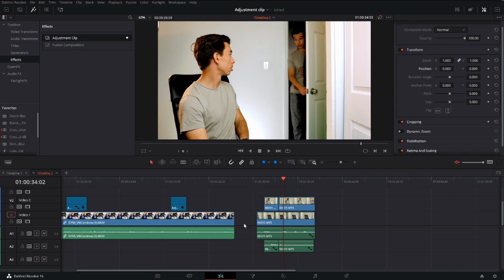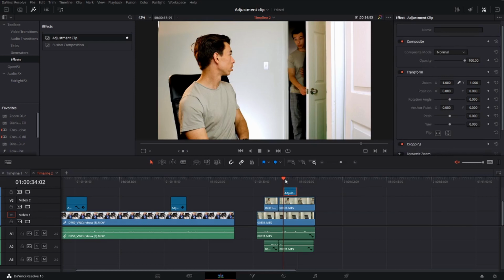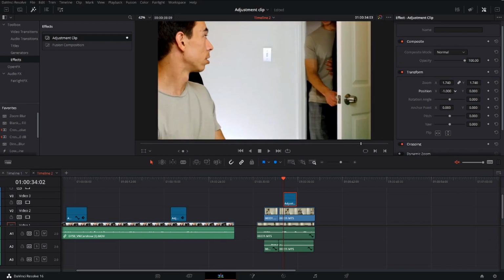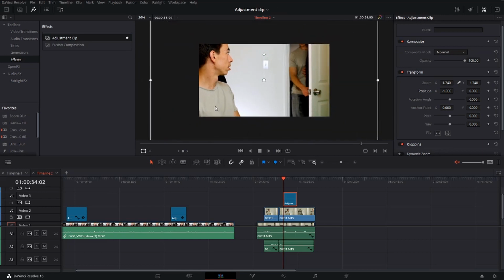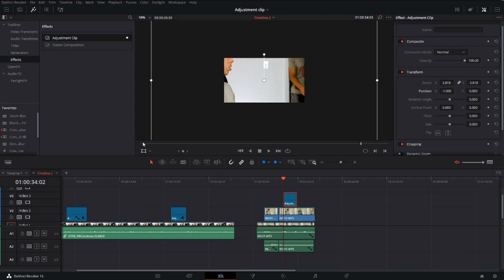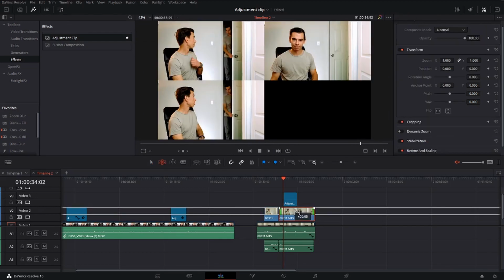I am going to get another adjustment clip, bring it out here, shorten it up because I only want a little bit of it, and now I'm going to do all my adjustments, making sure that the adjustment clip is highlighted, and I'm going to zoom in. Whoop. Oh, no, that's not what I want. Zoom in, just grab and drag. Now I can still adjust